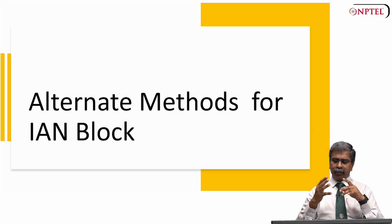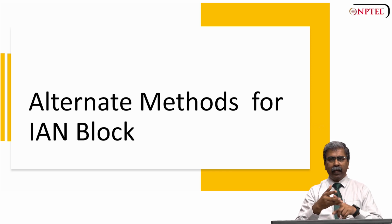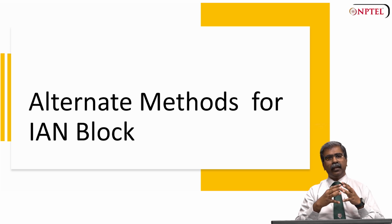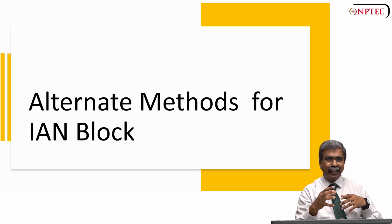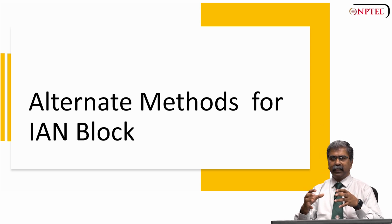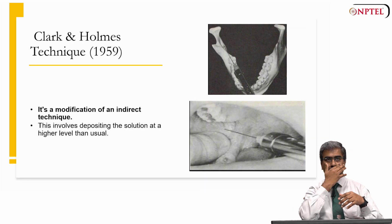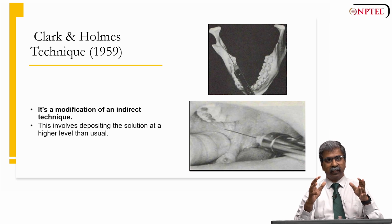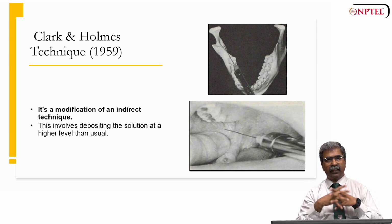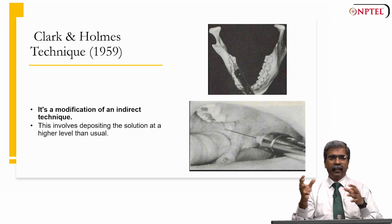So now we have discussed the conventional mental nerve block, the long buccal nerve block, and the inferior alveolar nerve block. There are also alternate methods for inferior alveolar nerve block, and let us quickly run through the various other techniques for anesthetizing the inferior alveolar nerve. One is the Clark and Holmes technique, which is a pretty old one, described in the year 1959,